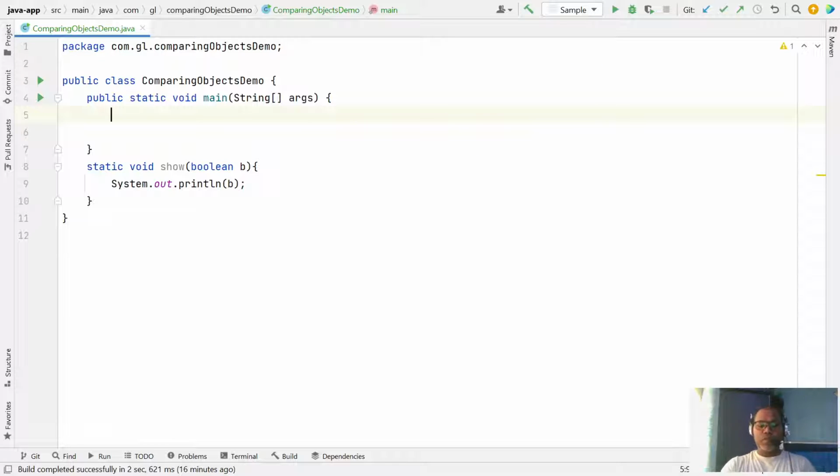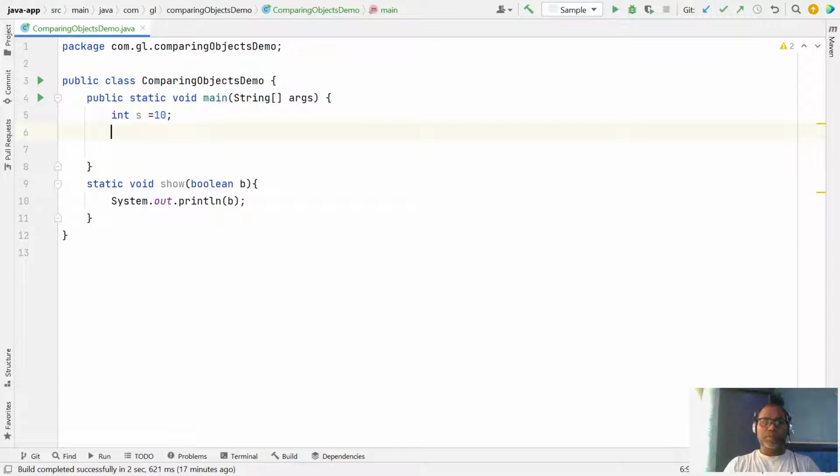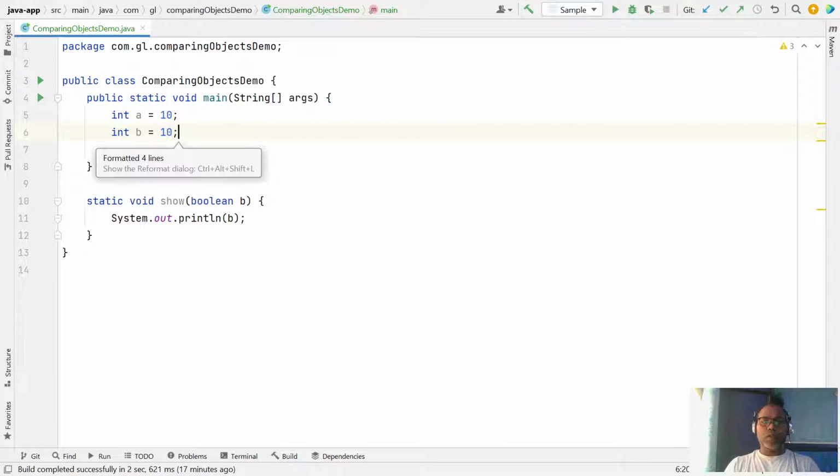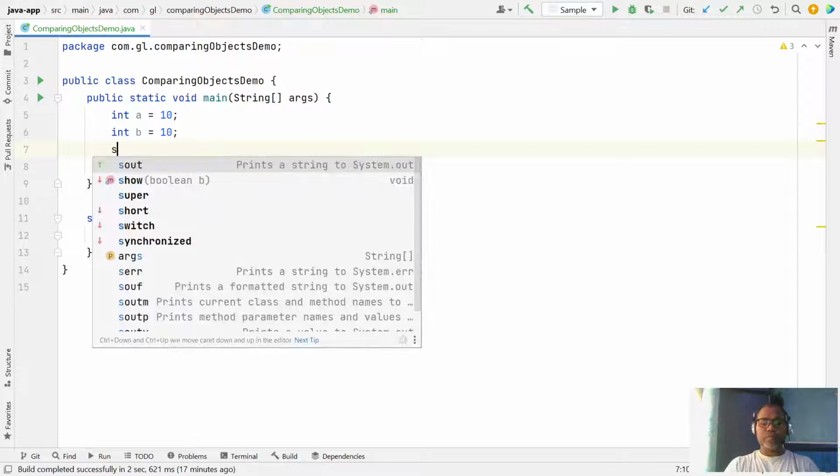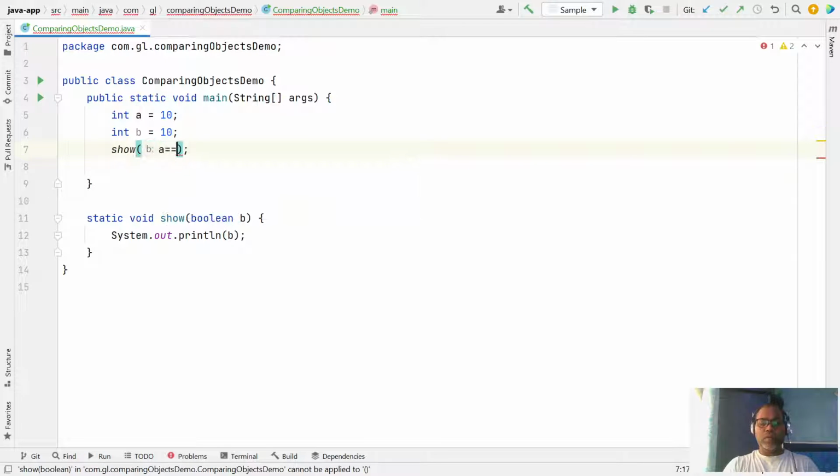So for primitives, we have integer a equal to 10, and integer b equal to 10. You can just compare a double equal to b, to check whether both are equal or not.